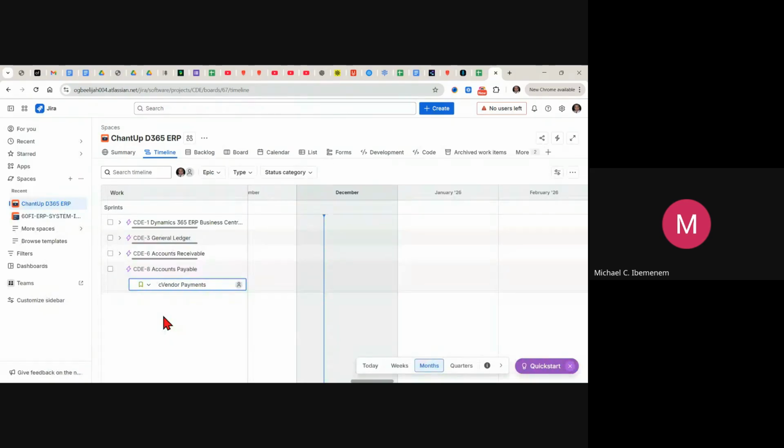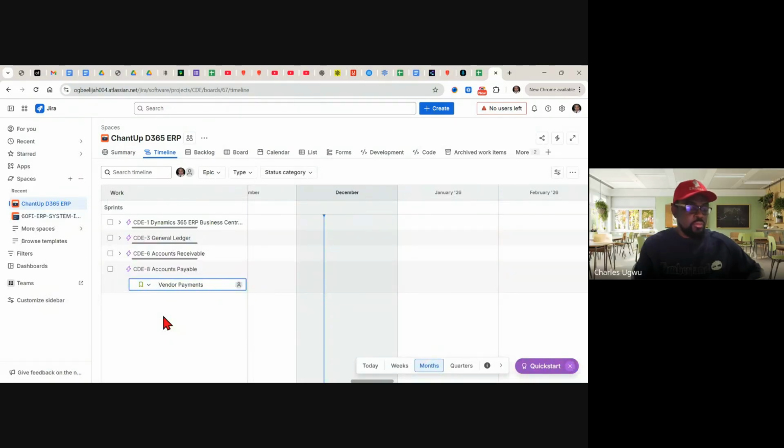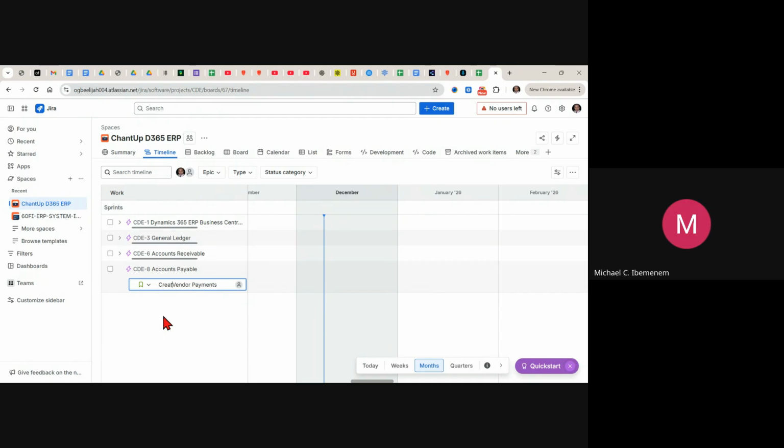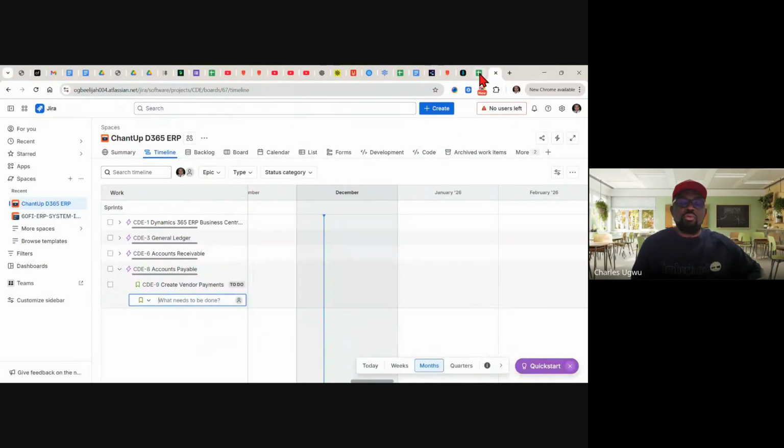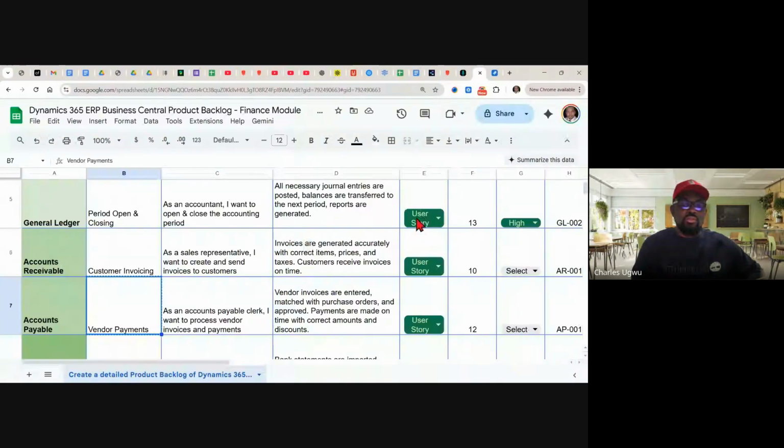This is account payable and vendor payment. We did not check whether it's a task or user story or so. It doesn't matter. You should know what it is here. You can't use user stories? Can't you see it here? Okay. It's already a user story.